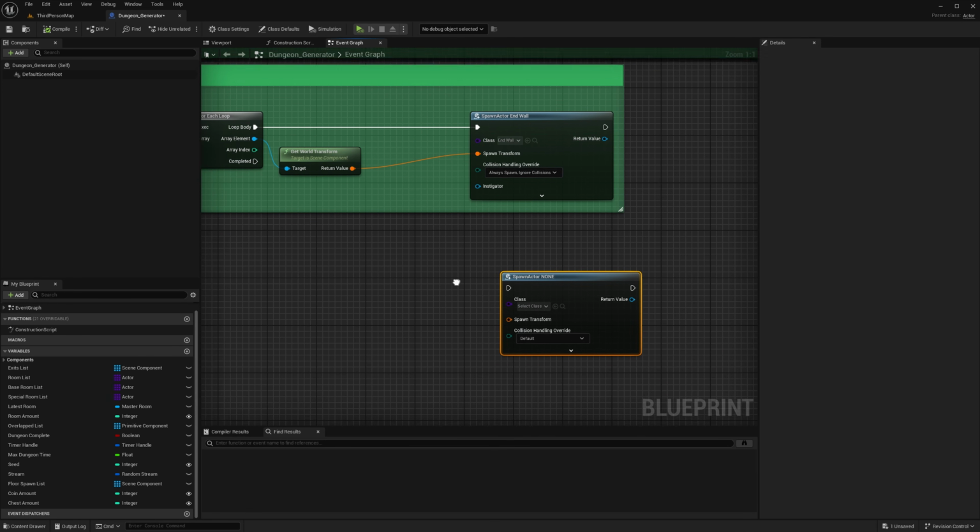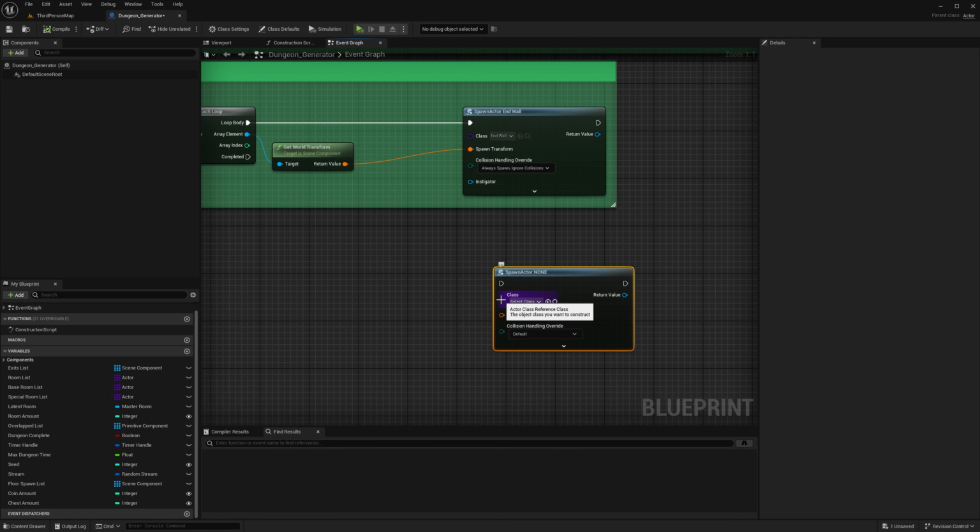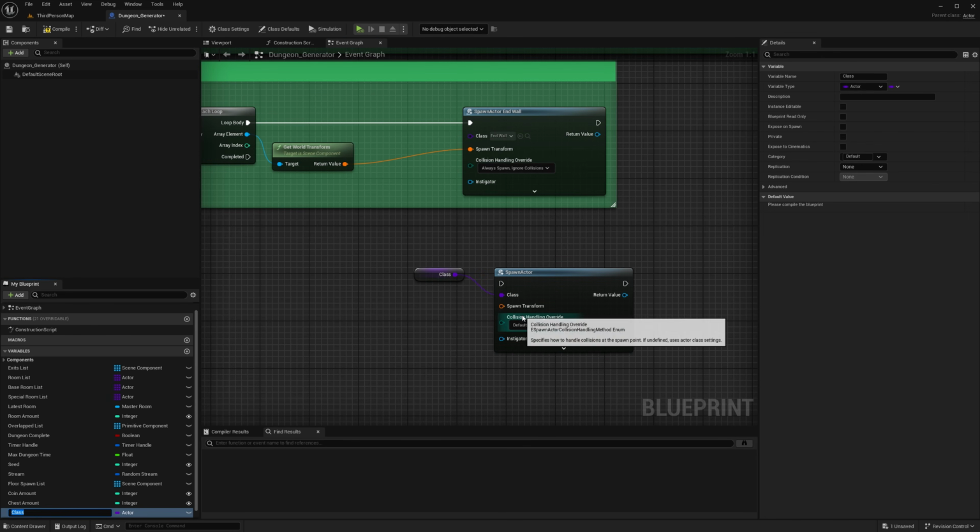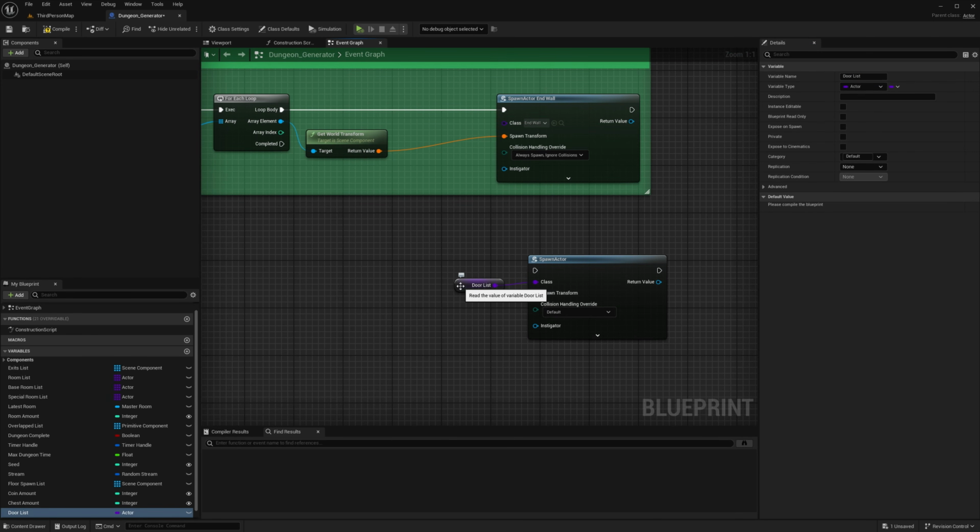Okay, so compile this. What I do is I right click on this node here, on this input, and then I say promote to variable. Then I'm 100% sure that these two match up. I don't have to fiddle around in some actor list to try and figure out what kind of object type I'm looking for. So this is the easy way to do it. And then I rename this door list. So now I'm sure it works. Let's compile it. I can put in my door here, my door actor.